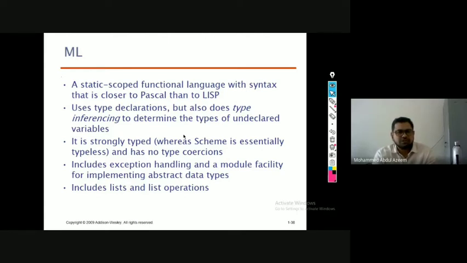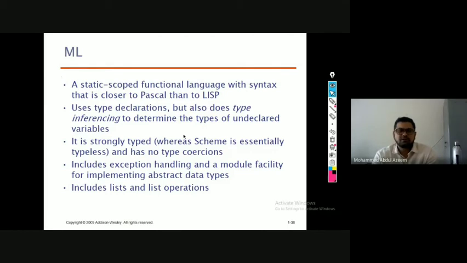Fine. For example, with the help of the let function, you can define a certain variable with a certain operation, and that can be used in the subsequent part of the same. The parentheses that you give will be considered as the block, right? It uses type declaration, right? For example, in Scheme it is typeless, whereas here whatever the atom of the list could be, based on the characteristic the type will be automatically taken care of, and the operations will be defined for the same, right? But this is a little different from that.